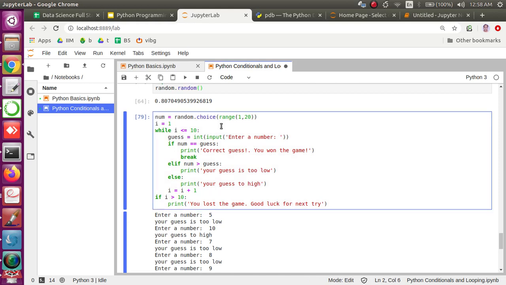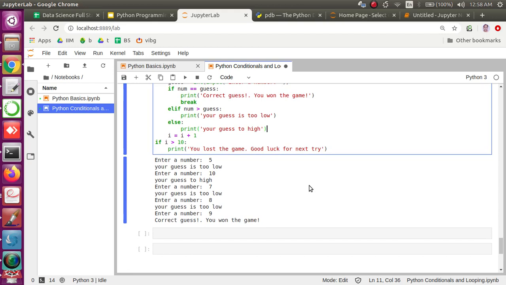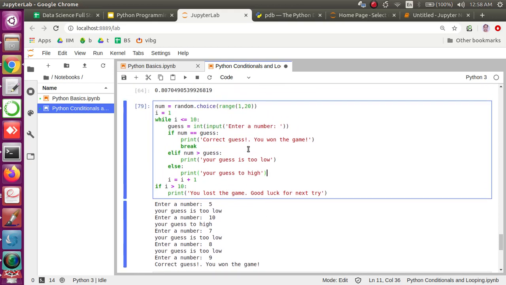This is simple stuff, not a big deal, but I tried to use whatever we have learned as part of our loops and basic Python so far. Here we have used a while loop, some of the comparison operators, the if statement, elif, and else parts. Quite basic, but interesting. So this is how we can use Python for so many things going forward in your data science programs.